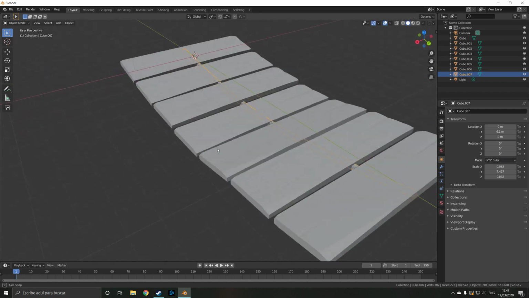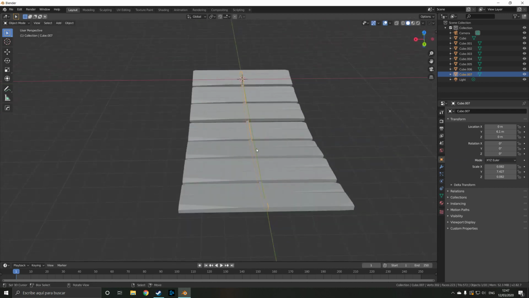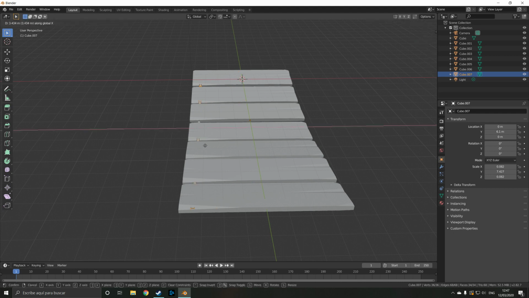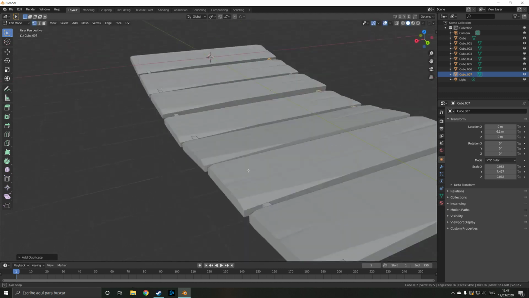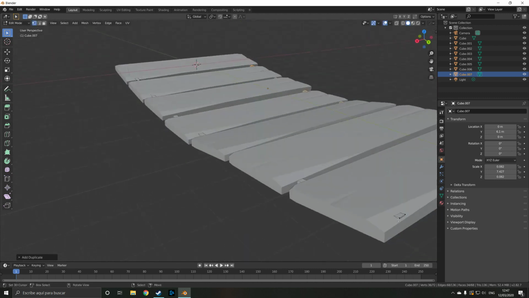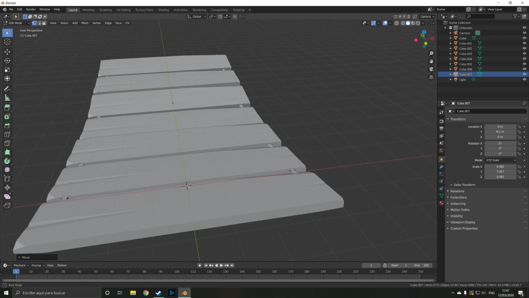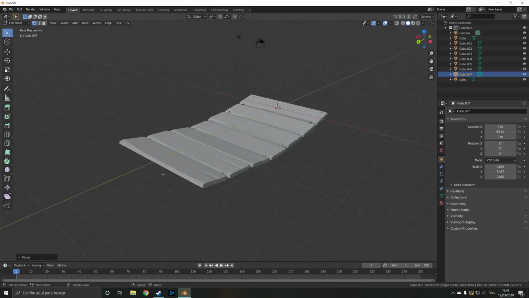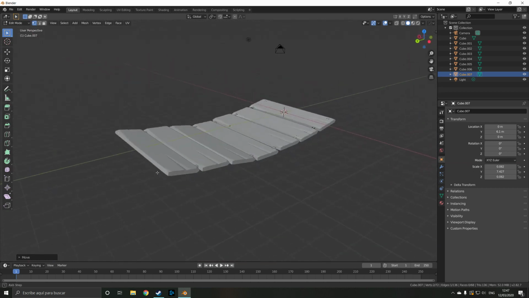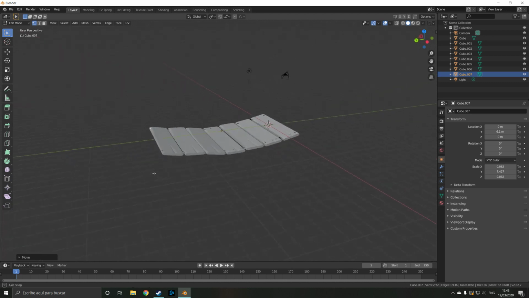And now what we want to do is move these. And then duplicate so we have them on the other side. And we might have to edit some of them a little bit, but that's okay. I think that looks nice. And now to finish off, let's